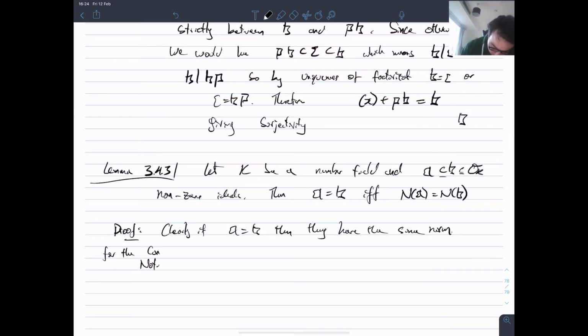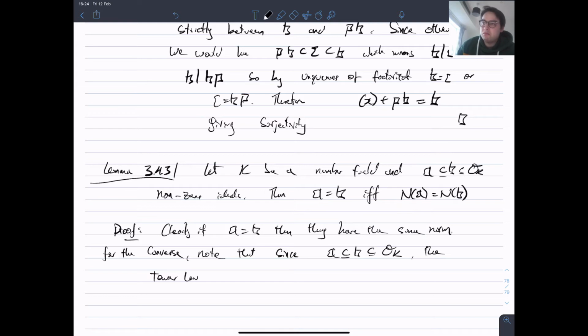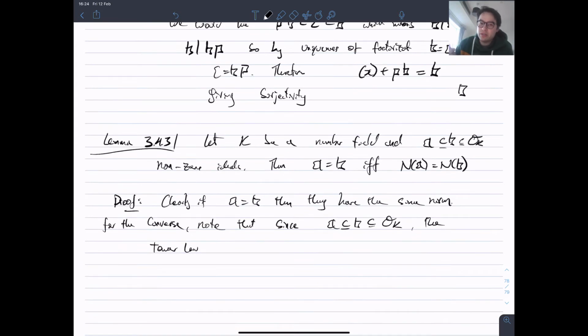For the converse, note that since we have A contained in B contained in OK, we can use a Tower law, which works for groups. So the same statement as we have, but it just works for measuring the sizes of the quotients of groups. It gives us that